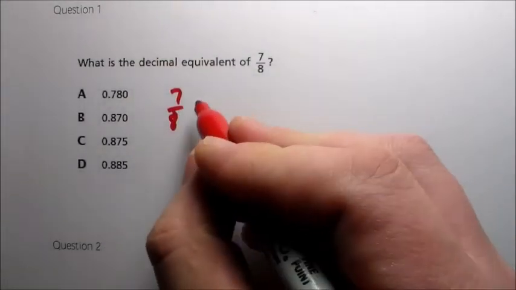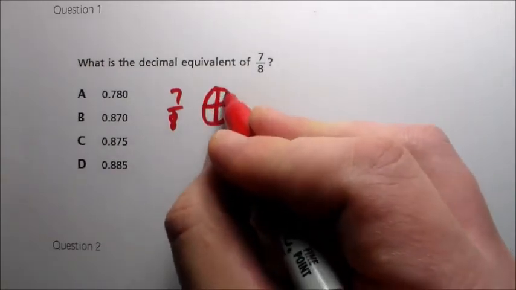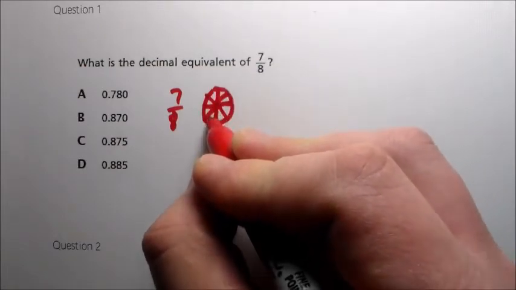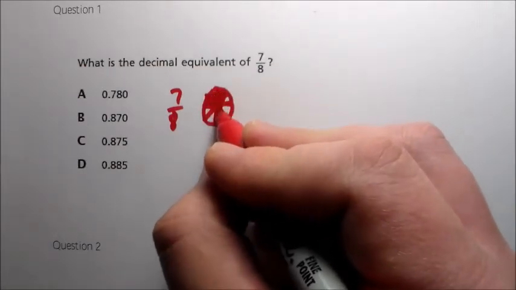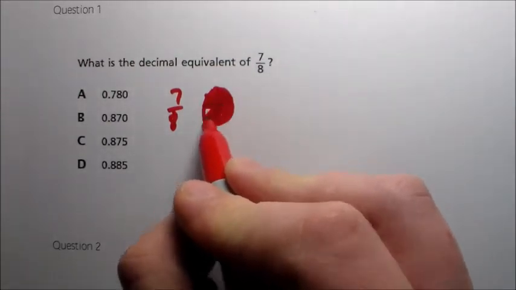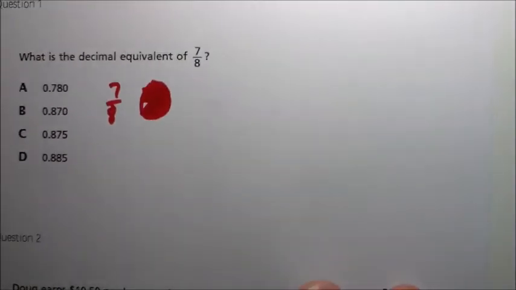7/8, you can think of it as a circle, and we have eighths, right? So we have 1, 2, 3, 4, 5, 6, 7, 7 out of 8, so we have 7/8. That's another way to think of 7/8, where you have a little opening there. That's the eighth. You can also think of it, and if you've never thought about it this way before, you